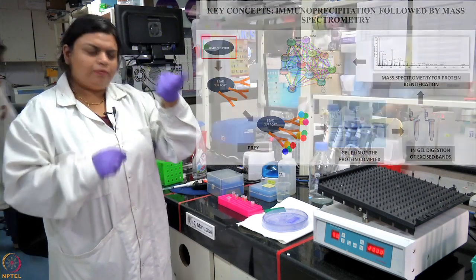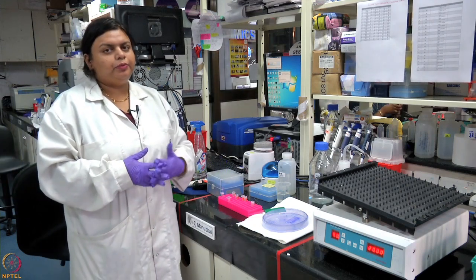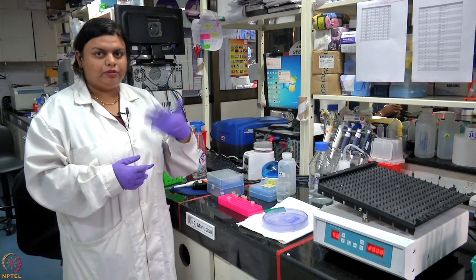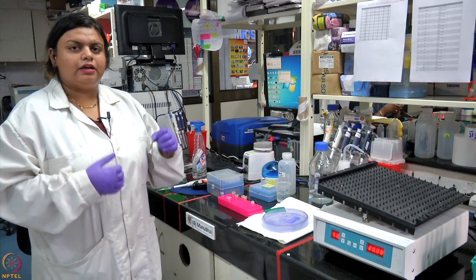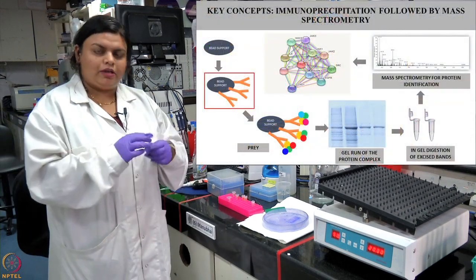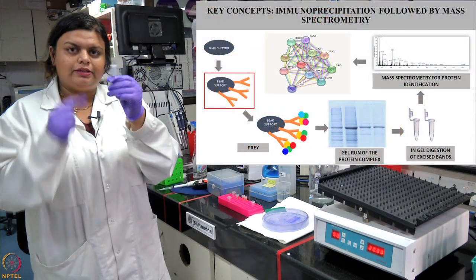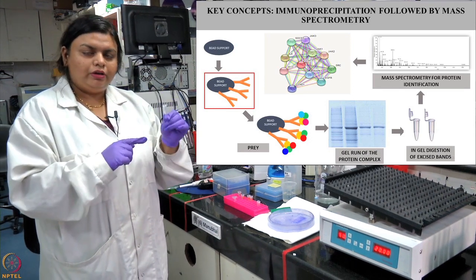So these are protein A or protein G beads you can take. Basically, the protein A beads have protein A, which is derived from bacteria, and it is highly specific and binds to the Fc region of the antibody. In that way, we will conjugate the antibody of interest with the bead that is present in your tube.